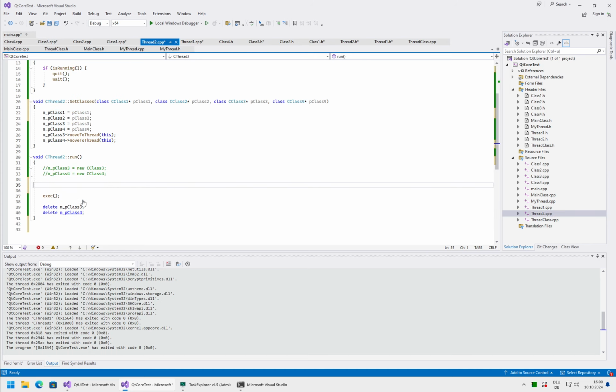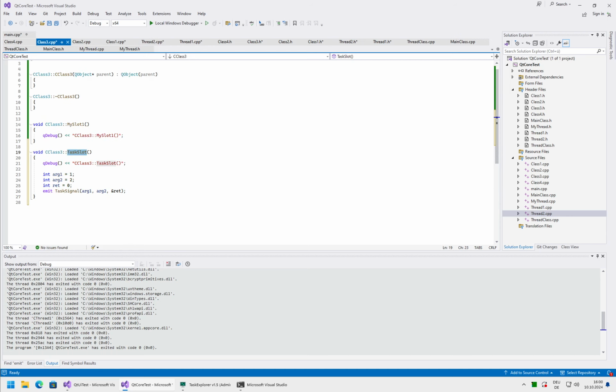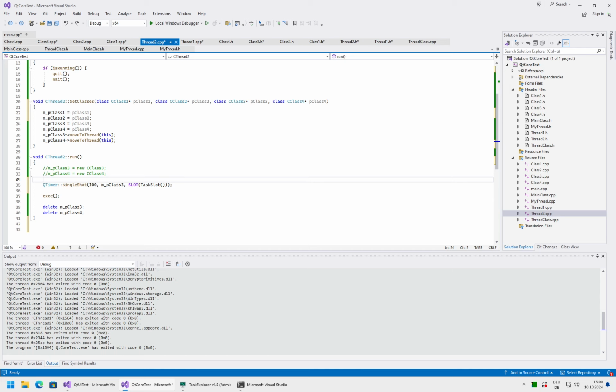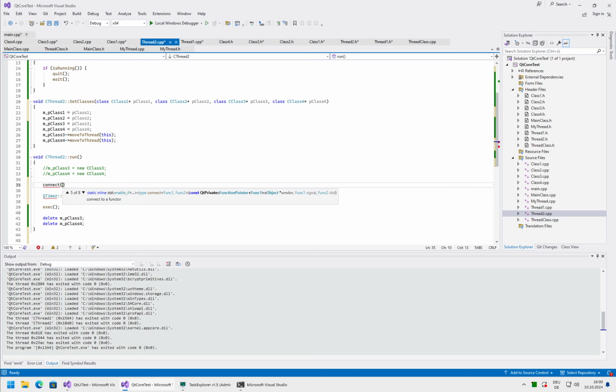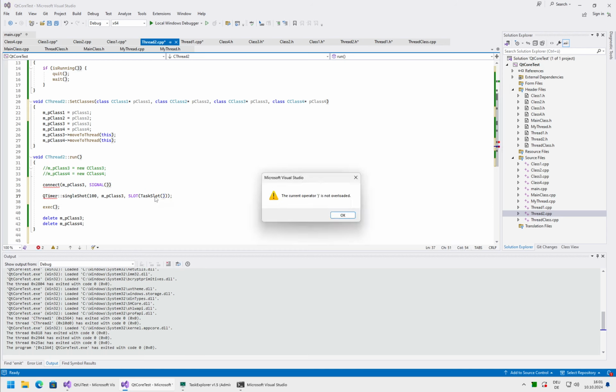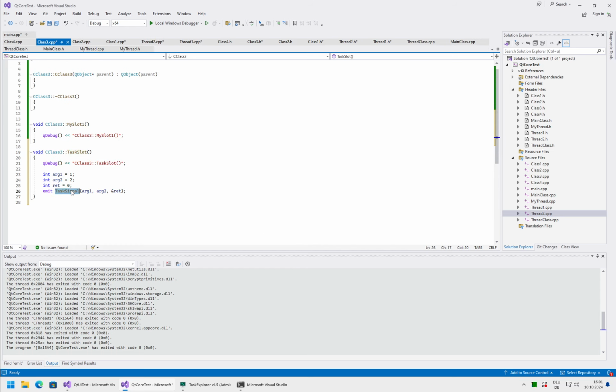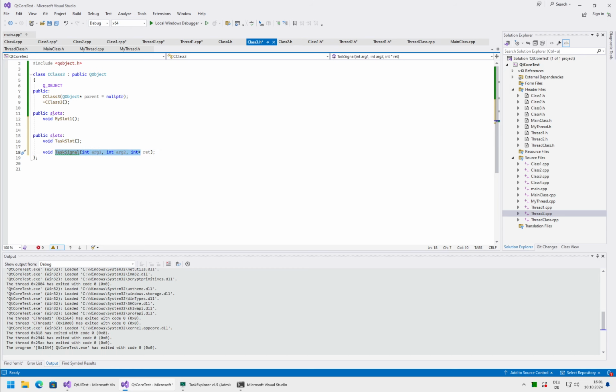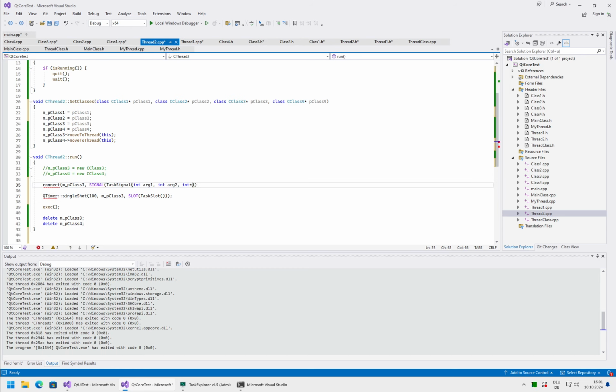We have here on task which invokes, this is fine. Then we need to also do the connection. The sender will be class 3. Signal will be the task signal. And target receiver will be class 1,